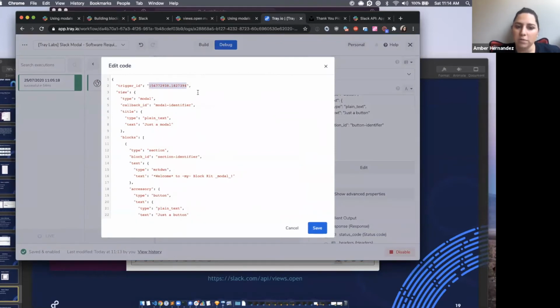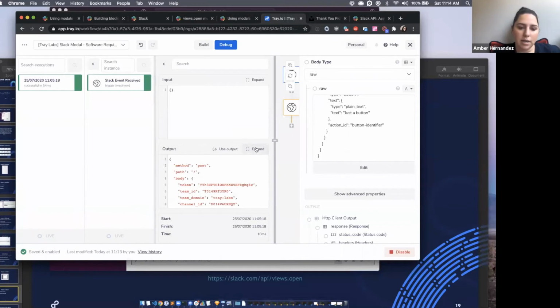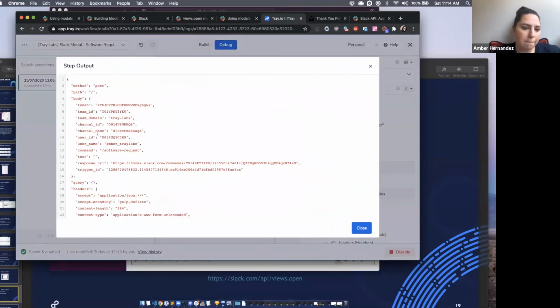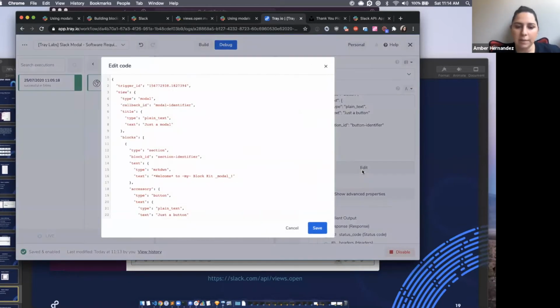I want the quotes there because it needs to be a string. And if we look at the output here, it looks like our ID, so I want to look for my trigger ID inside of here. It is a string, so it should be fine, but we'll keep it inside the quotes just to be sure. So I'm going to delete that value. I can directly paste this inside of here, but that's going to show it as is. I wanted to dynamically set the value